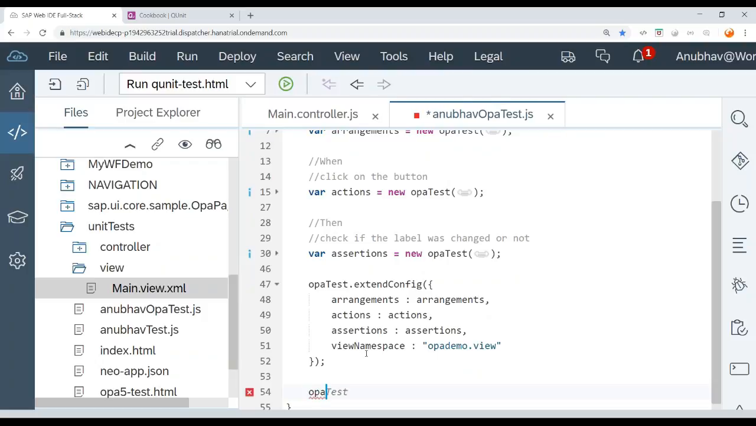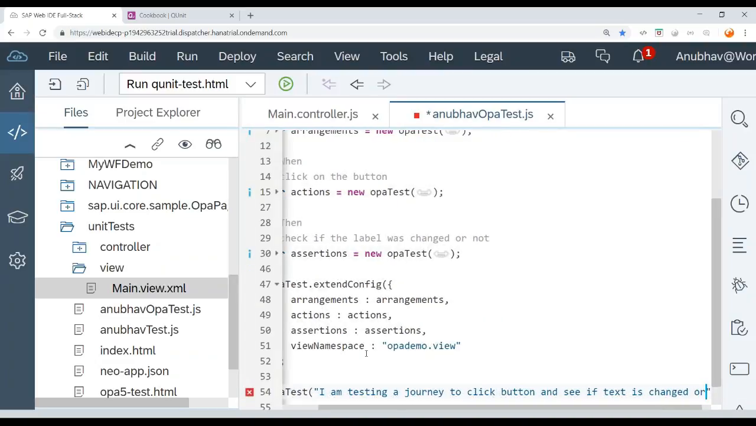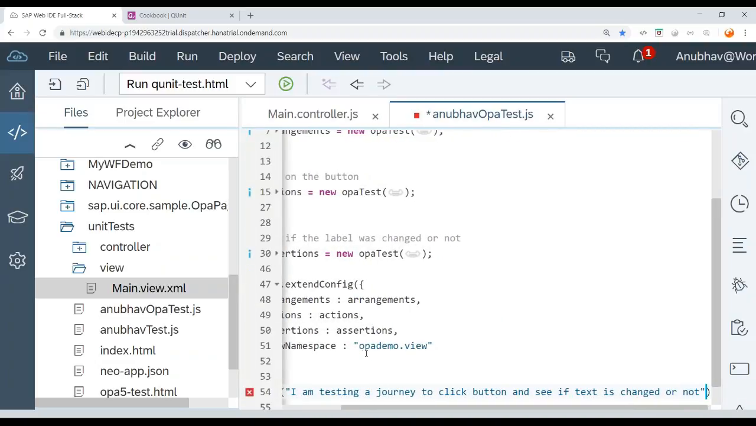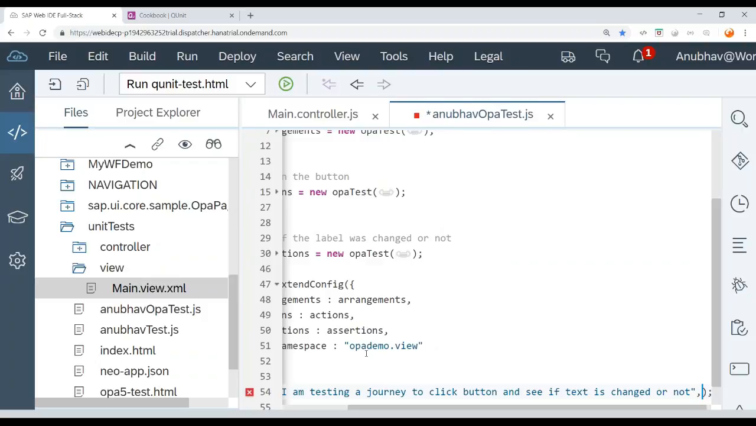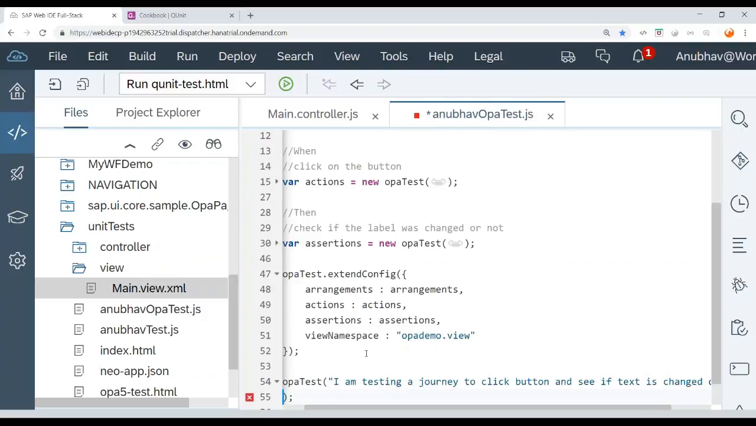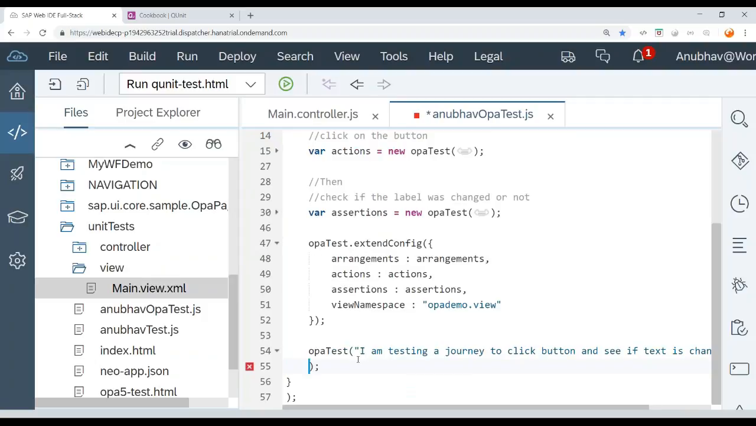Let's perform a test. I can say OPA test, please do the test for me. OPA test should, I can give some description here. I am testing a journey to click a button and see if the text is changed or not. That's what I'm doing. Put a comma, and now by default OPA will pass given, when, and then to this callback function. So function